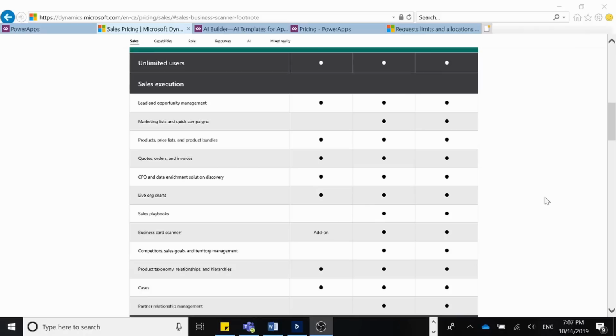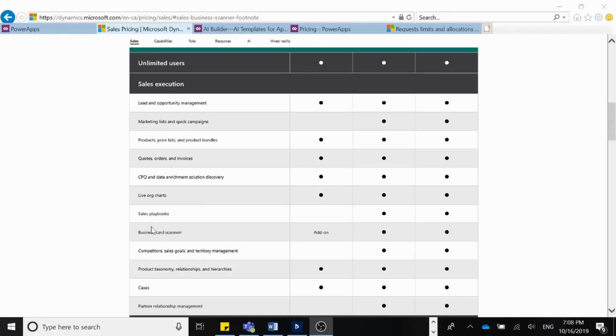If you watch some YouTube videos, even from last year in 2018, there are videos showing you can build a PowerApps app with flows and the Azure Computer Vision API, and then build a business card scanner solution yourself. But since the October Wave 2 release this year, 2019, Microsoft received so many requests for the business card scanner